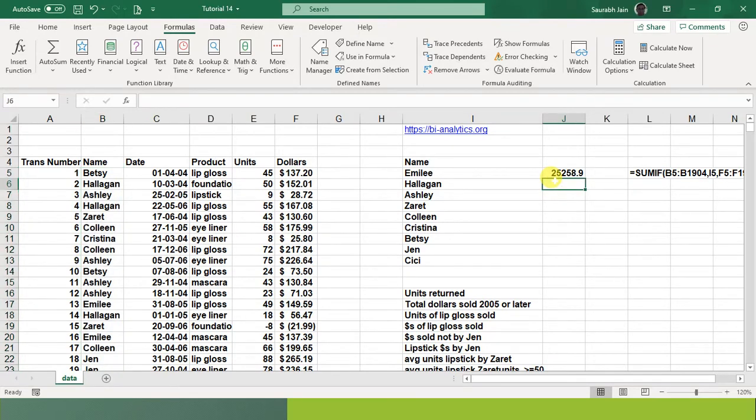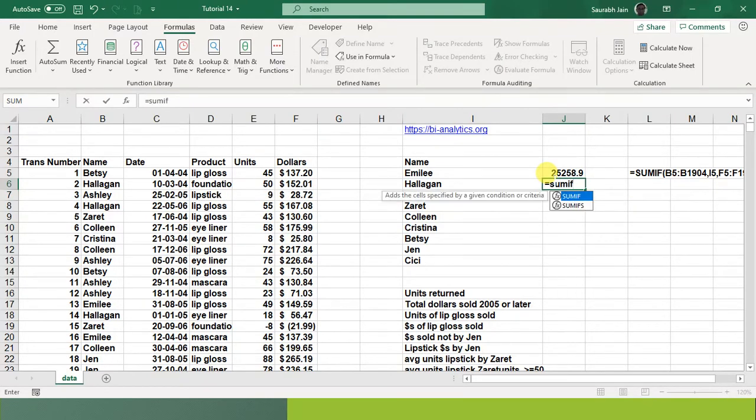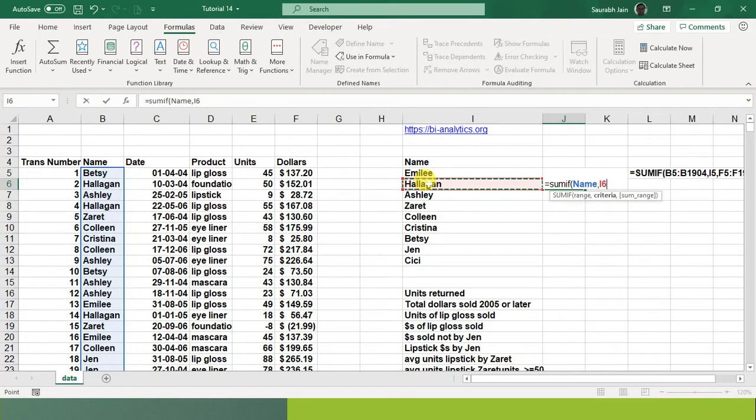This time I'll type equals SUMIF, bracket open. Now instead of selecting, I'll just write name, comma. It has to be this one, comma, and I need the sum of the dollar range. This is my dollar range. So I write DOLLARS, bracket close.